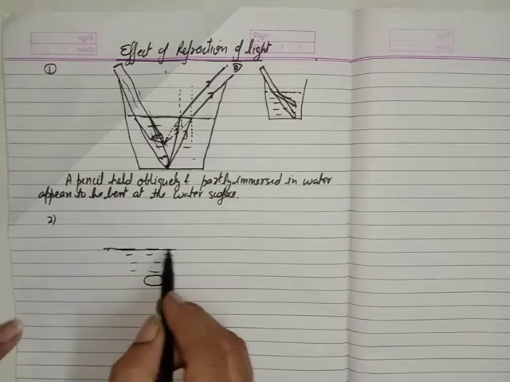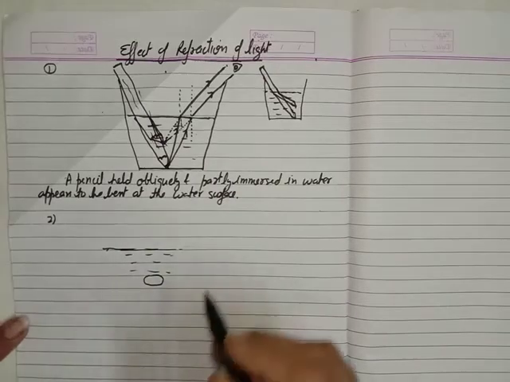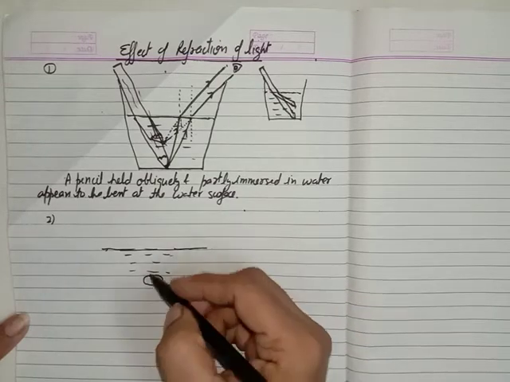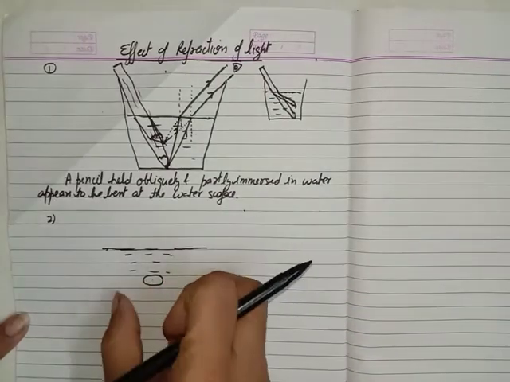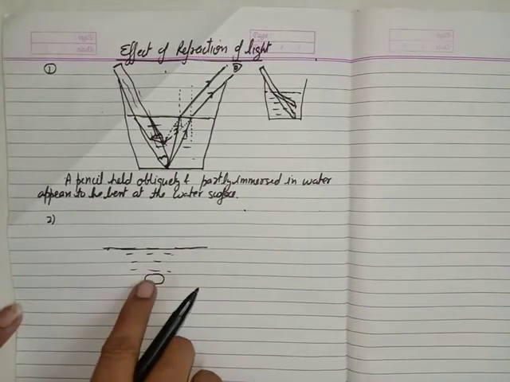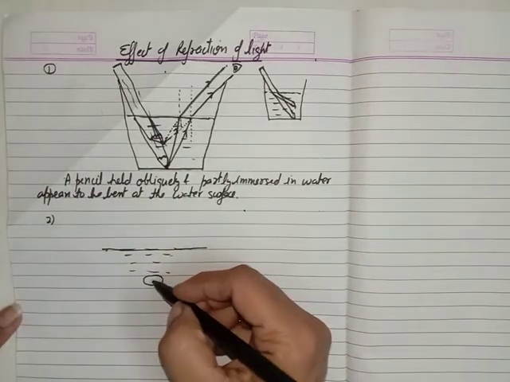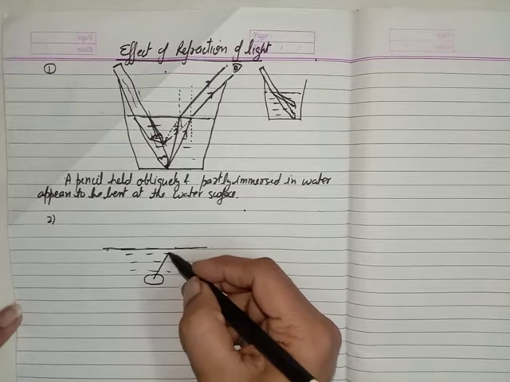Suppose this is a water pool and here is a stone. What will happen? You are looking from anywhere, like looking from here, you can see any object when the light rays coming from that object fall on your eyes, so you are able to see that object. Then what will happen, the light rays coming from this stone,